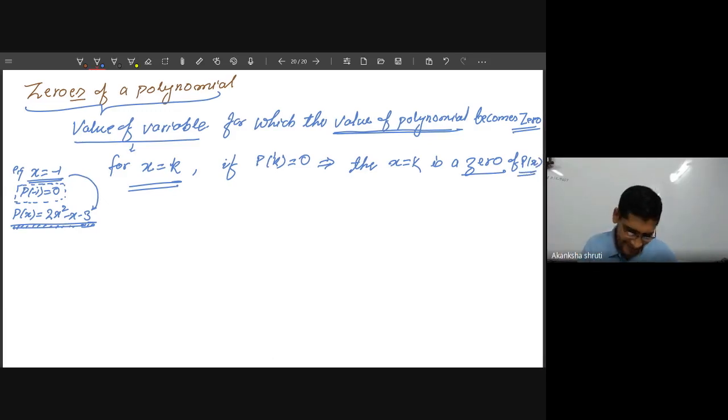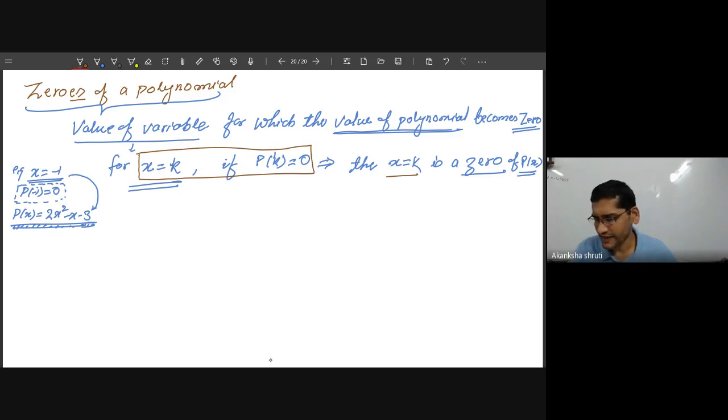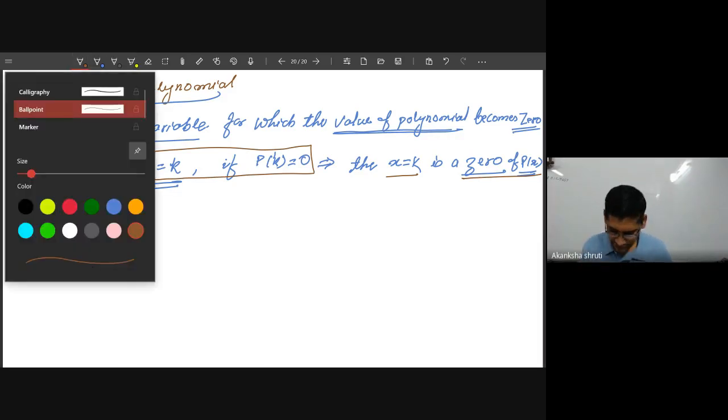So this is how the mathematical statement is. A mathematical statement means a way of writing in mathematics, which is very easy. Rather than writing lengthy English, in mathematics we say: if x is given a value k, and P of k is coming as 0, then x equals k is a zero of this P of x. It simply means that. Student, let us check it with a question.